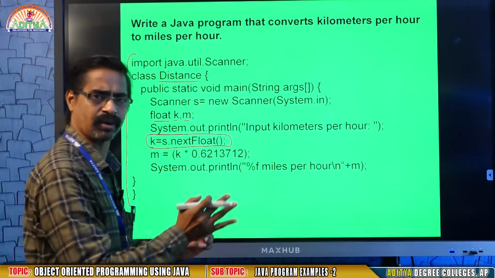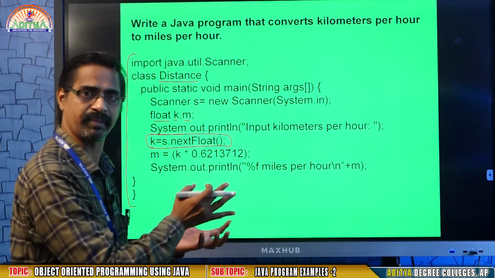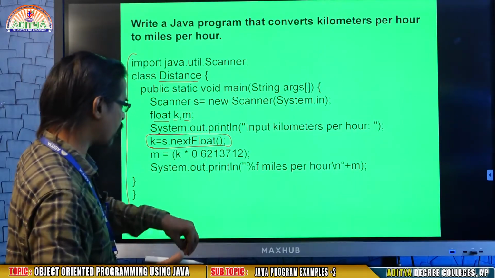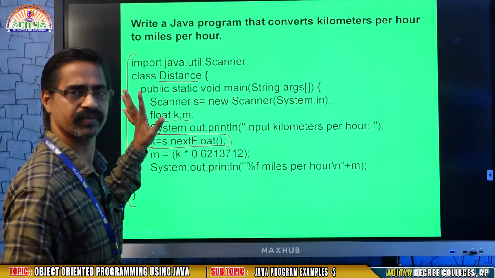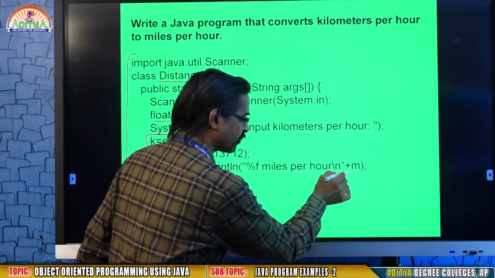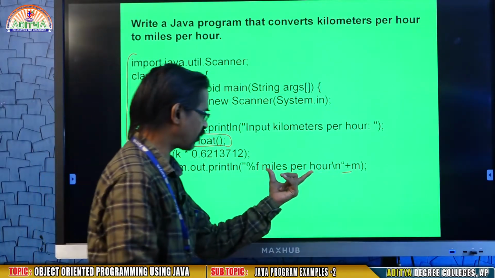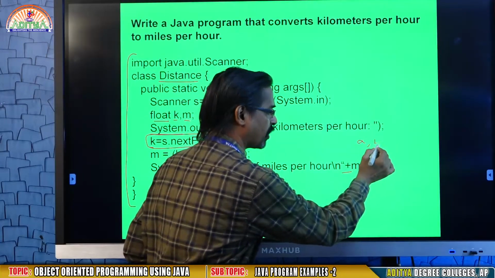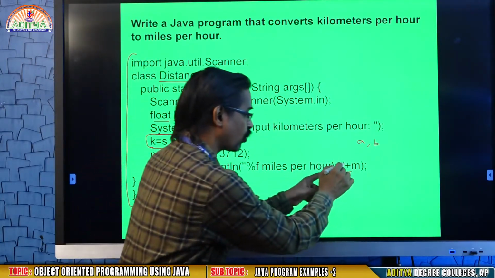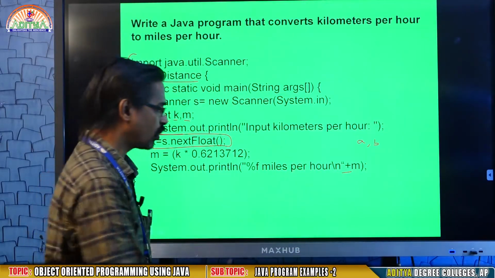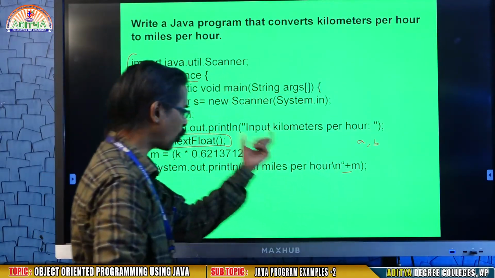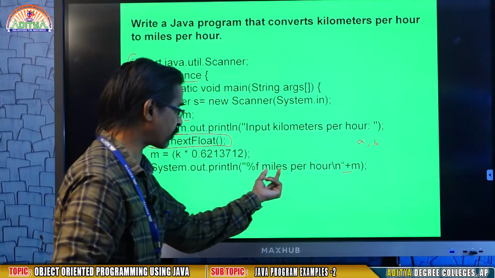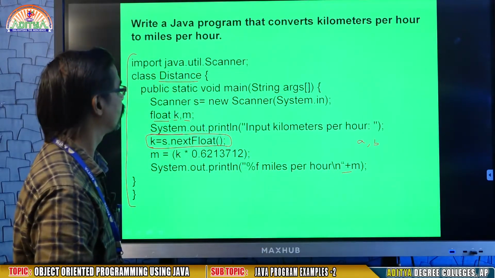All the theoretical topics you identified previously will come into this place, okay. This is called concatenation. In println, this is one argument and m is another argument. In C language, you use a comma, but in println you use plus. So that two different arguments will be combined, and the output will be projected, that means the answer, miles per hour, okay.